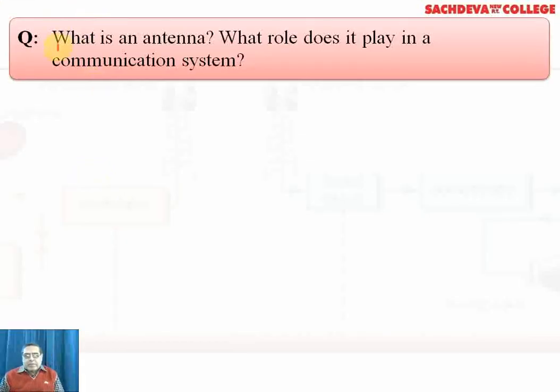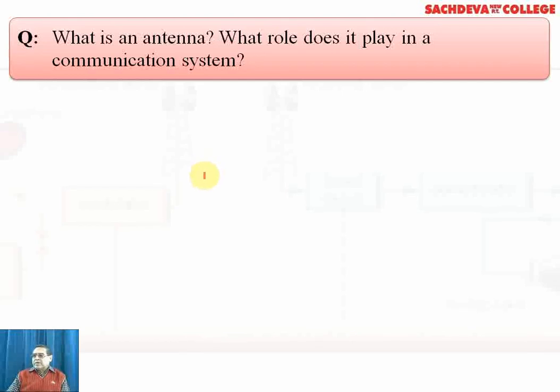Now, our next question is about the antenna and how it behaves in the communication system. What should be the exact height of the antenna? All these facts are to be discussed when we discuss the antenna. If we take up certain calculations, the antenna goes to a height of 25 kilometers, but that is not possible. We can't construct an antenna of 25 kilometers.